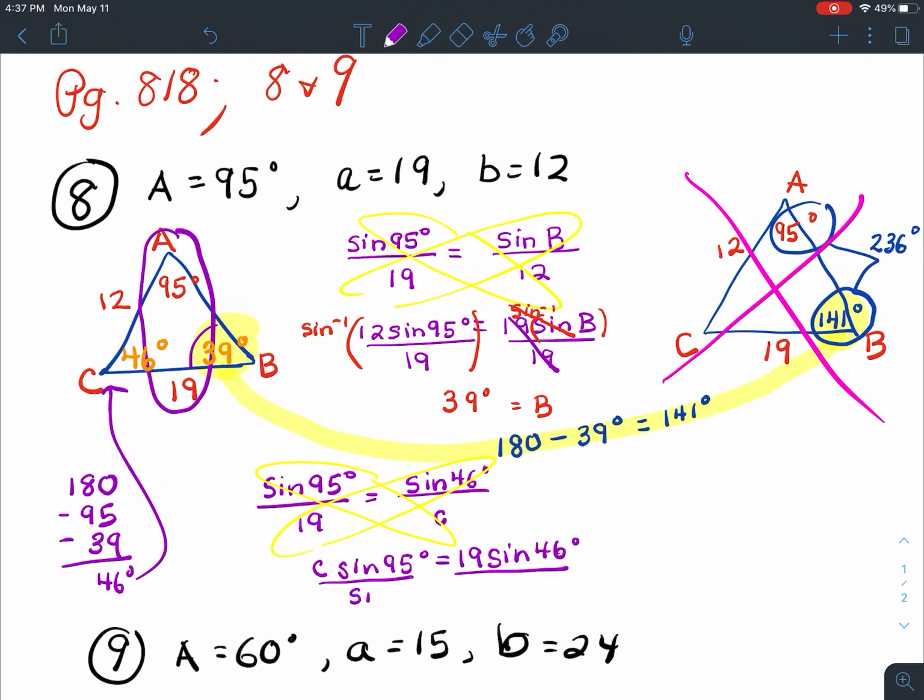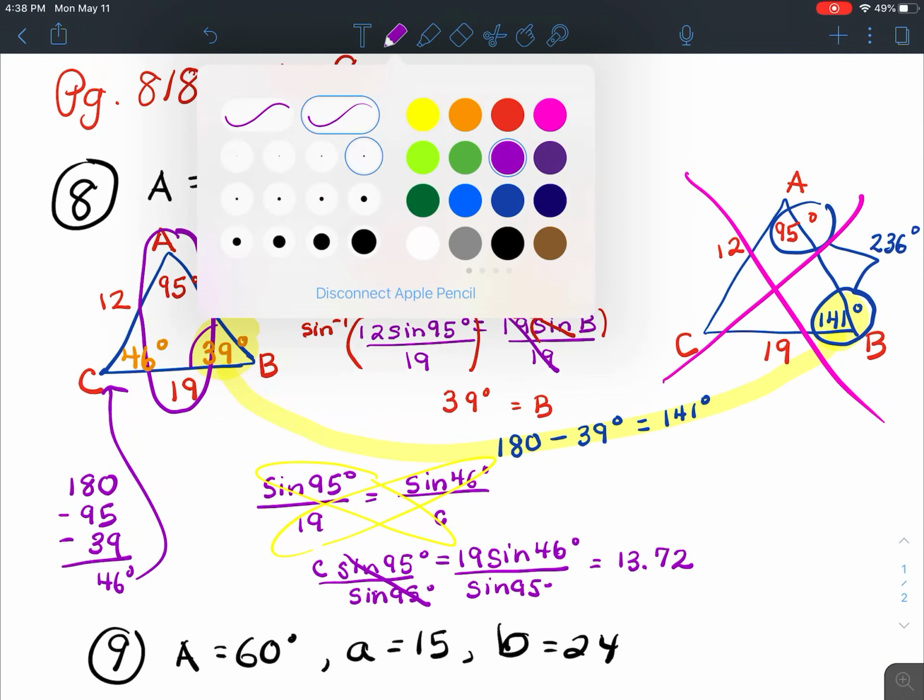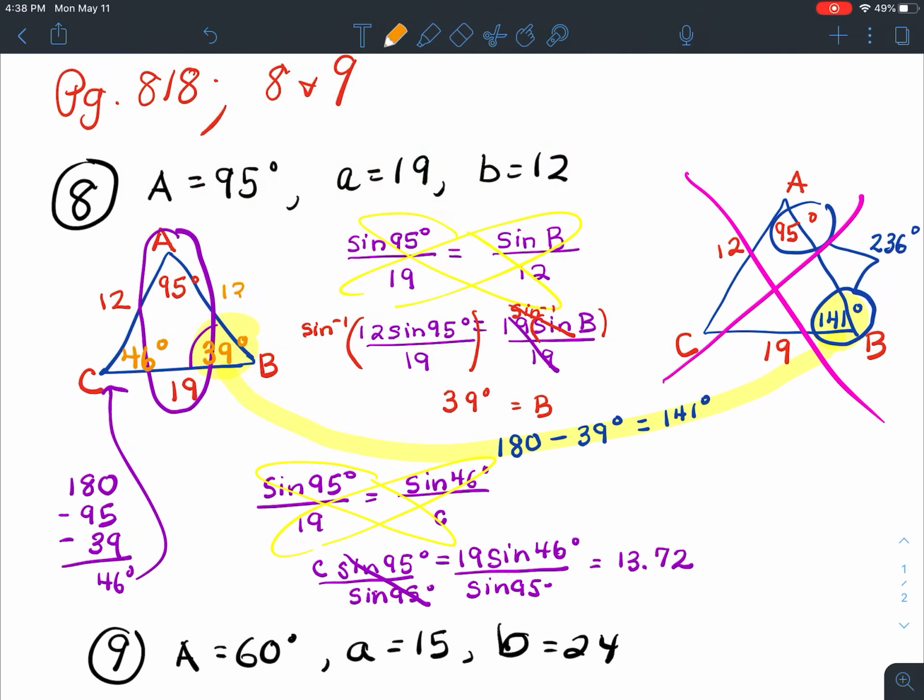Now this one's a little different because I'm not solving for an angle, I'm solving for a side. So I can go ahead and divide by sine of 95 degrees, and that will leave me with this lowercase c by itself. So I'm going to type into the calculator 19 times sine of 46. I'm going to divide that by sine of 95, and we usually carry our side lengths out to 2 places. I'm not sure if the book said 2 places or 1 place here, but I'll carry it out to 2 here. 13.72 units would be the length of